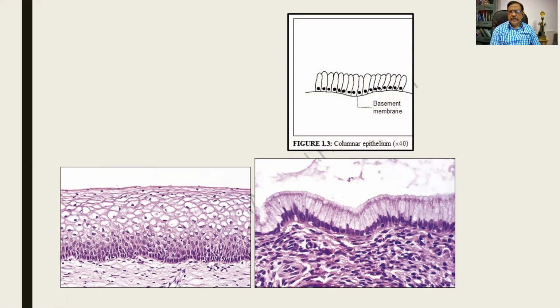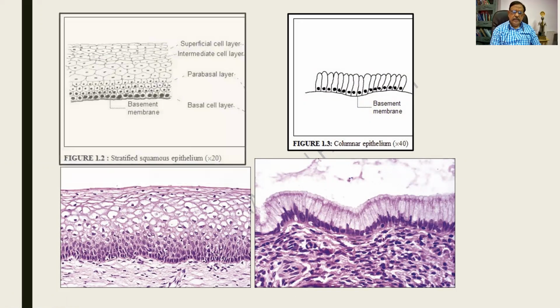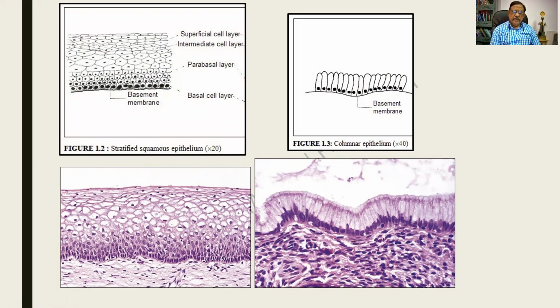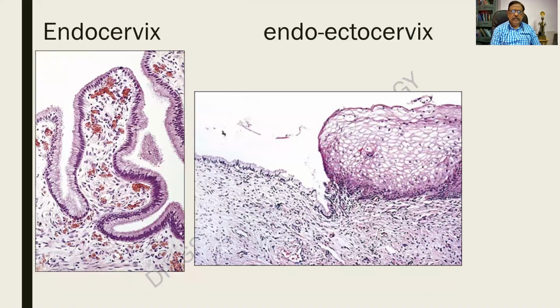This is a schematic picture which you people can just draw, but not in your records. Both the columnar and the squamous epithelia are depicted in these line diagrams. This is a normal histology of the endocervix. In the cervix, you have got two parts. One is the endocervix, another is an ectocervix. The endocervix is lined by these tall columnar cells, clear cytoplasm, basal nuclei, and it is also undulating or thrown into folds. And this is the connective tissue. The dark red areas are the blood vessels.